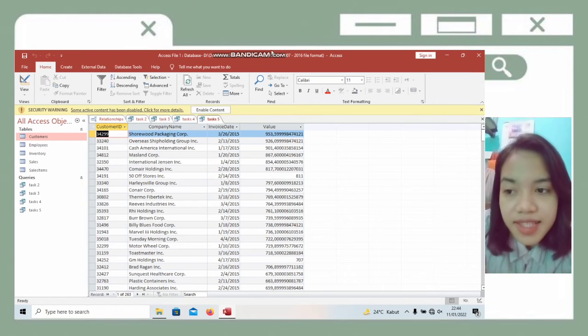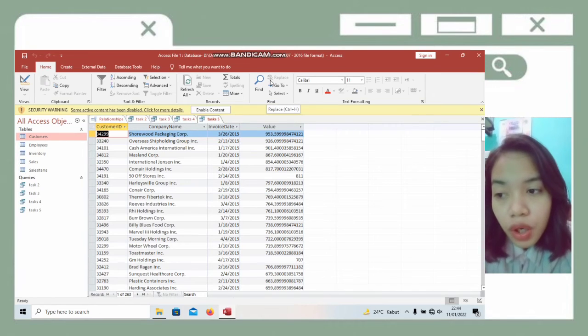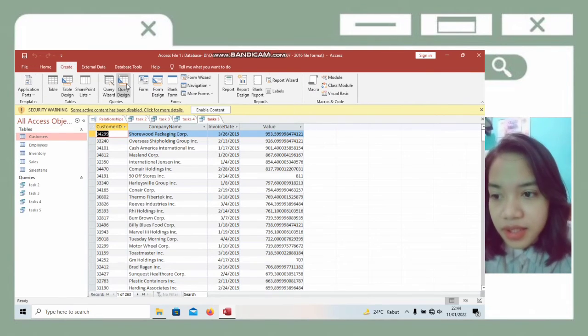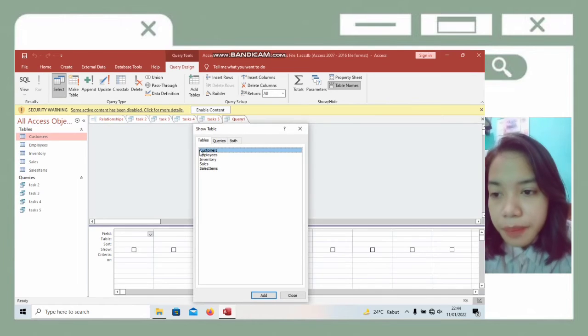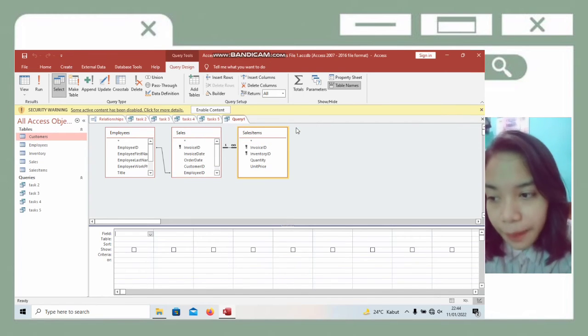Then the last task is who are the top 3 employees based on sales made in 2014. Click Create and Query Design. We add employee, sales, and sales item because we need data from the 3 tables.